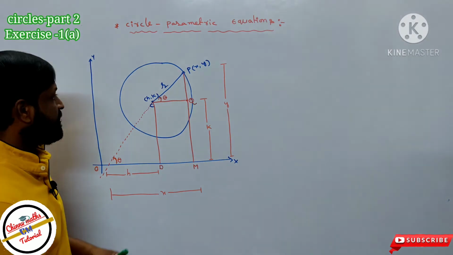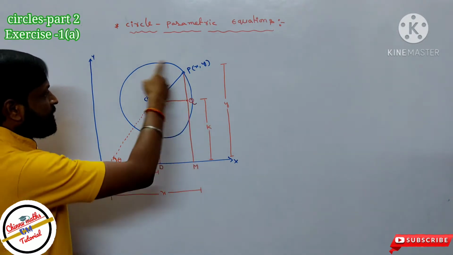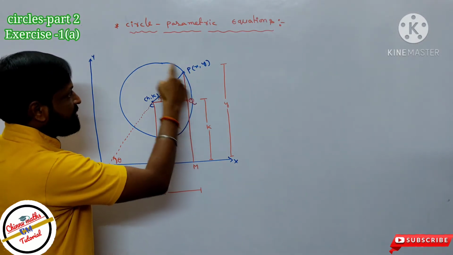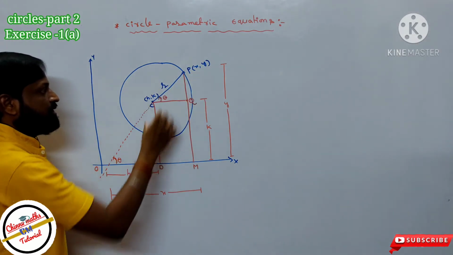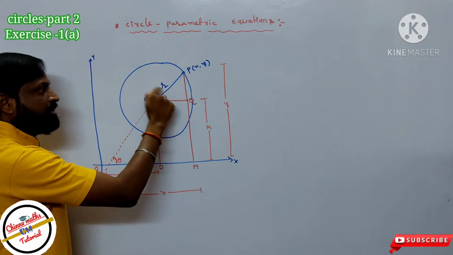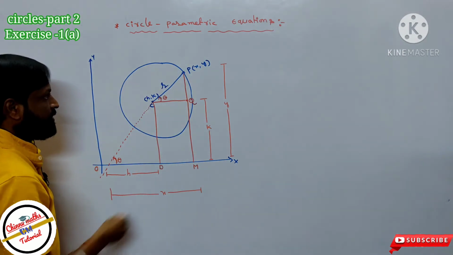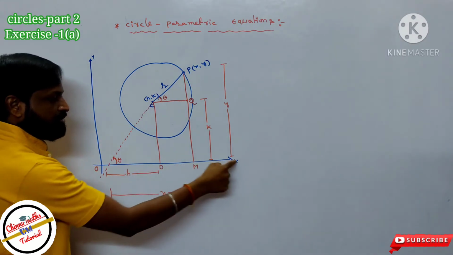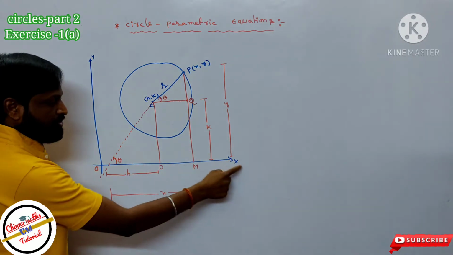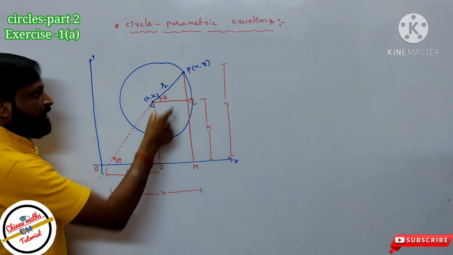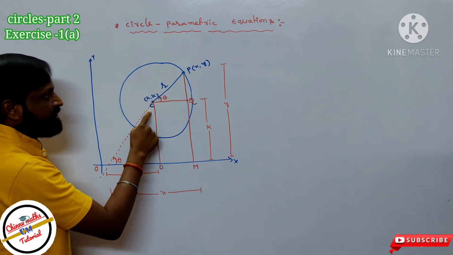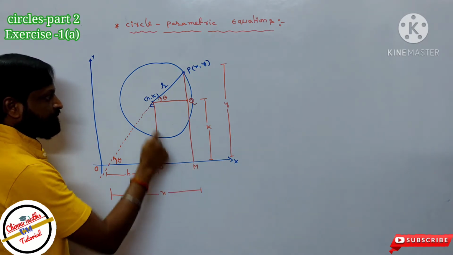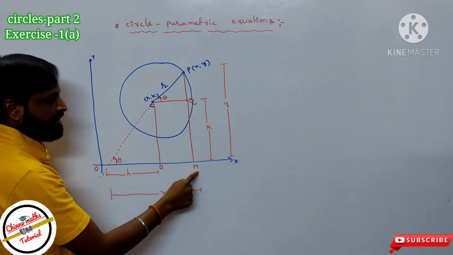Okay, so here I will take the circle with center C equal to (h, k), and point P lies on the circle, that is P (x, y). Joining CP, it is denoted by the radius r, and we can extend the line CP, which makes an angle of theta with respect to the positive direction of the x axis. Draw two perpendicular lines from C and P to the x axis. The x axis meets the perpendicular lines at the points D and M.